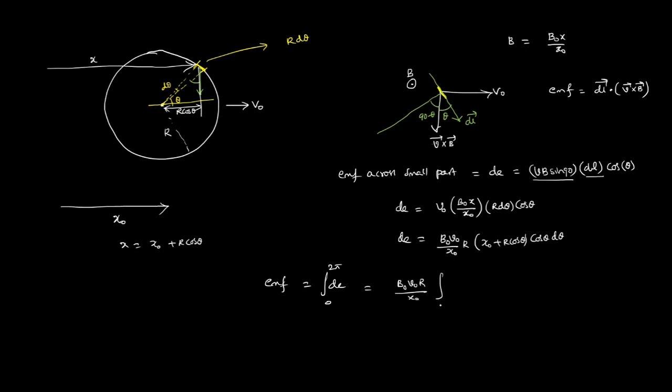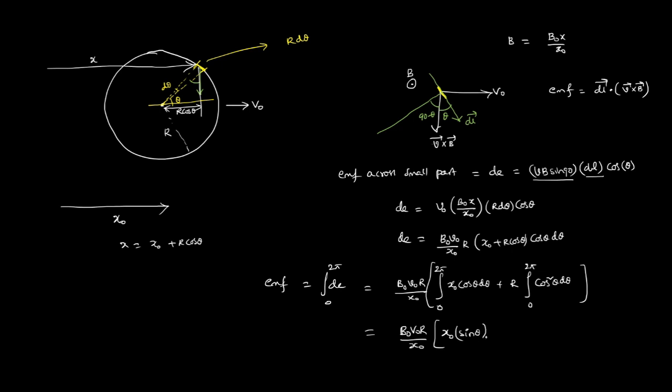Then the integral from 0 to 2 pi of x0 cos theta d theta, plus r will come out, integral 0 to 2 pi of cos square theta d theta. So I separated the integration part. Then this is b0 v0 r by x0 multiplied with, if I take x0 outside, then the integral of cos theta